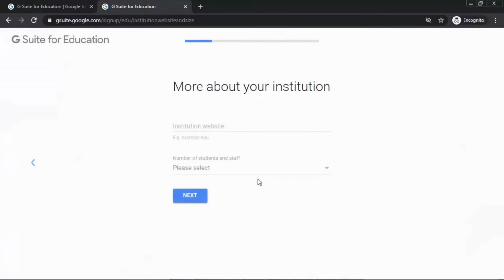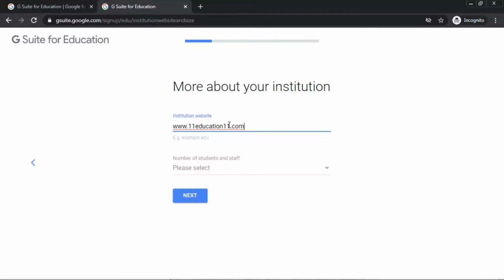After clicking on the next button, you have to input the website of your institution. Here you have to be very careful while inputting the name of your website. I'm randomly typing my website name here: www.the11education11.com. I'm inputting a random website here.